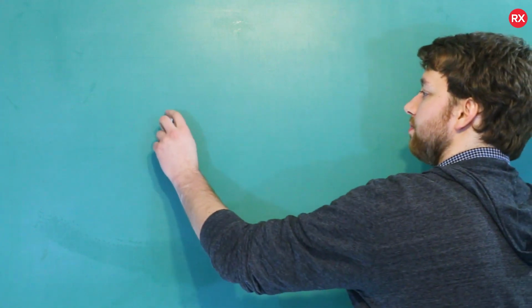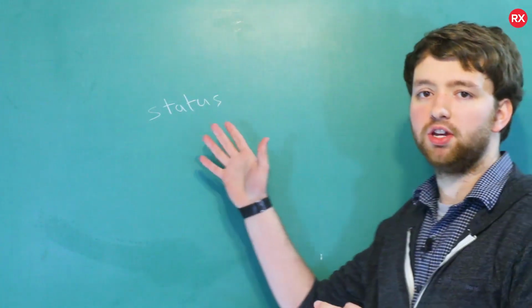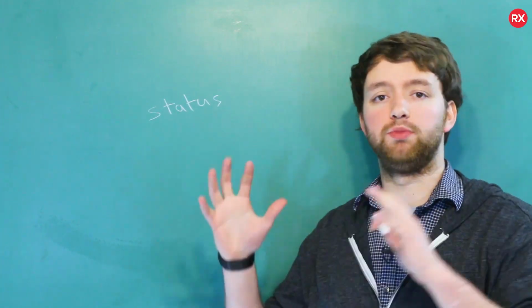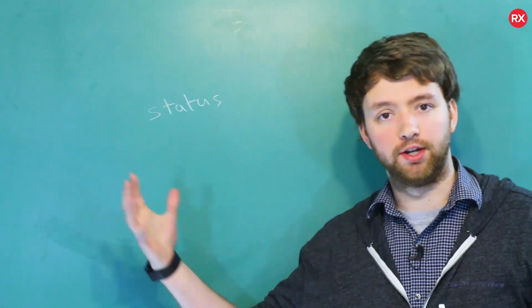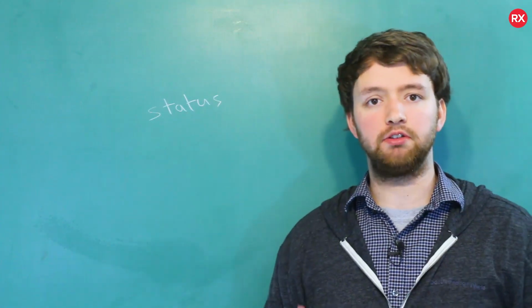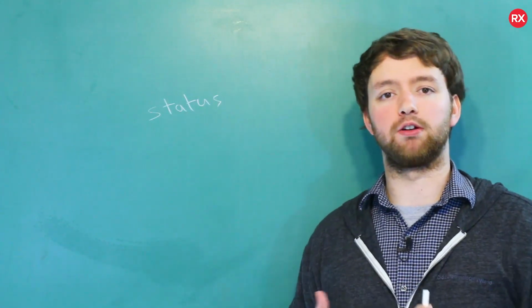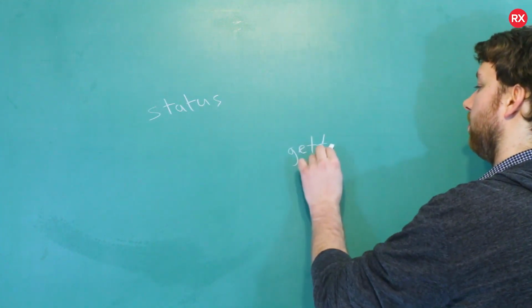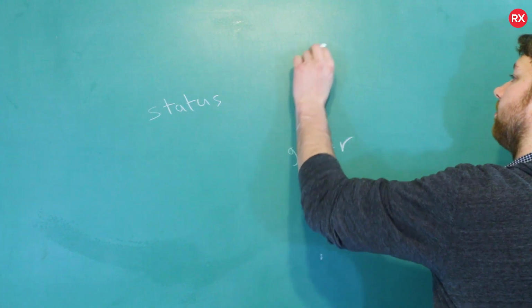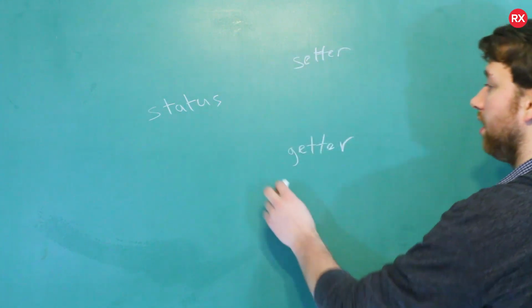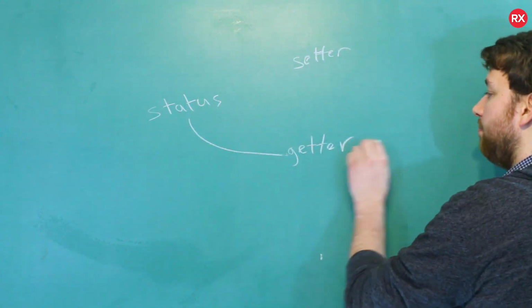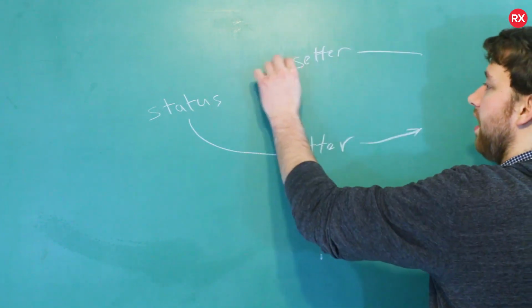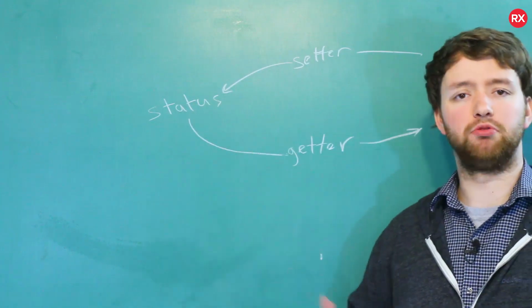So let's say we have some data member, and we don't want just anybody going in here and tinkering with the status, setting it to whatever they want. We want to be able to control what values go in here and how this value is presented. That is the appropriate thing to do to make our class user-friendly. So what we do is we have a getter and a setter. The getter will allow us to get that value, and it makes sure that it's presented in the right way. The setter will allow us to set that value and will ensure we're setting it to an appropriate value